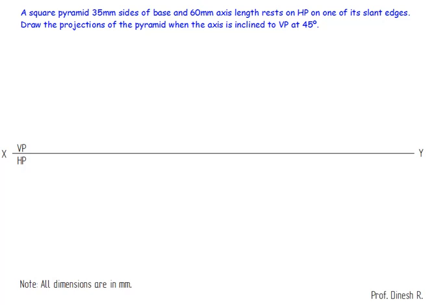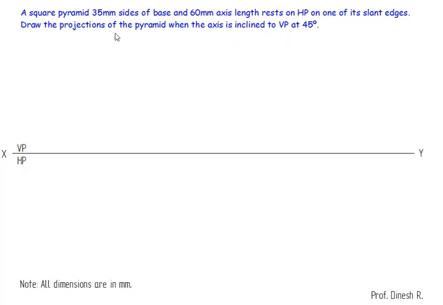Hello students, let's understand one more problem. Here the question says a square pyramid with 35 mm sides of base and 60 mm axis length rests on HP. So a square pyramid is resting on HP on one of its slant edges. Draw the projection of the pyramid when the axis is inclined to VP at